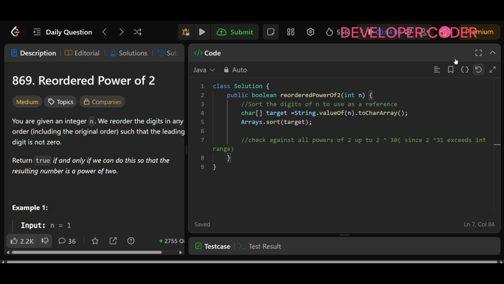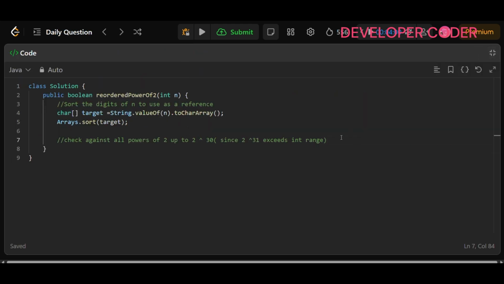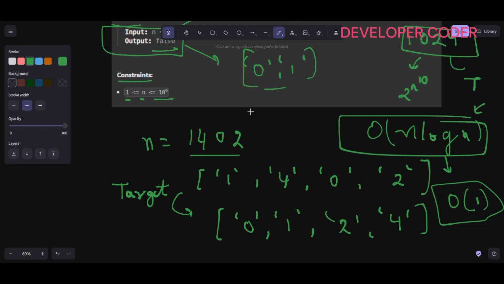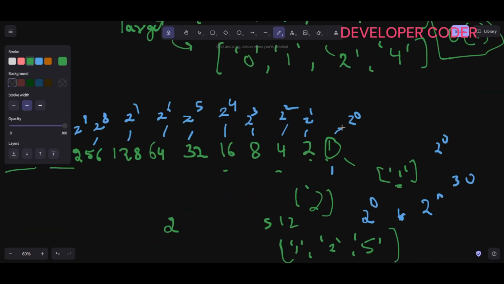So I'm going to run one loop: int i = 0; i < 31; i++. Here you see what I'm checking: first 1, then 2, then 4,